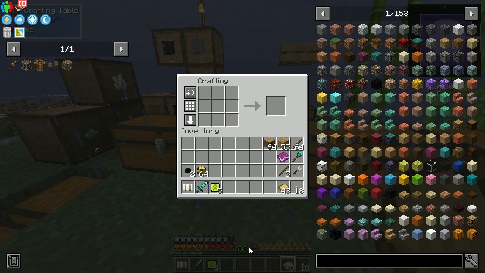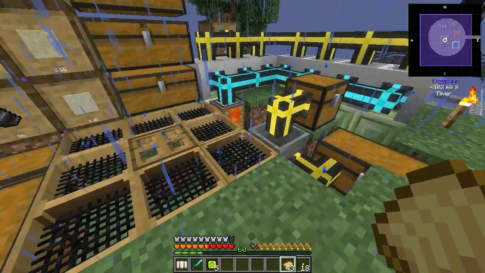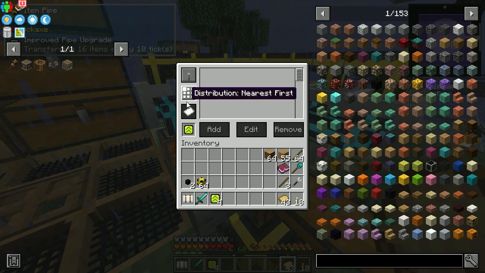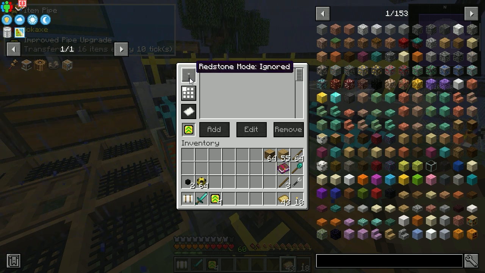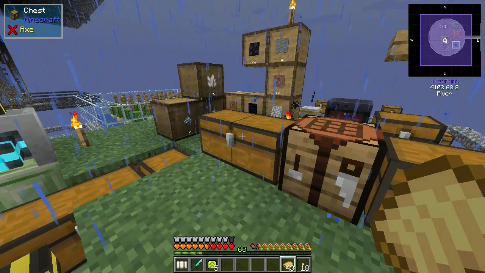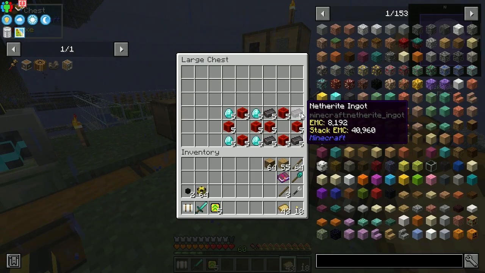The other thing they do is they unlock different states. Like if we come in here, we can see that everything's disabled because we don't have anything. If we put in one of these, you'll see now that these 2 are actually enabled, where we can change how it's distributing and whether it uses redstone and stuff. So we're going to need it to be up to the level of filtering, which is with our wonderful netherite